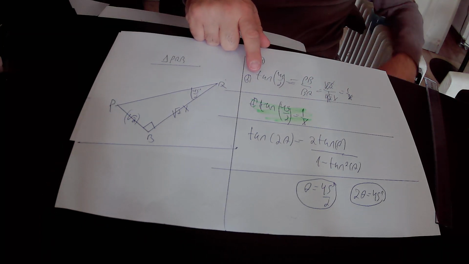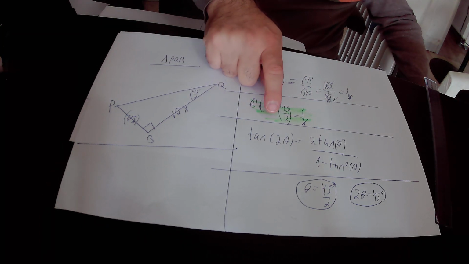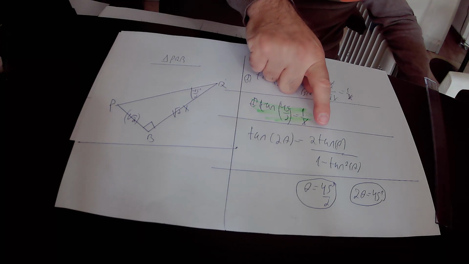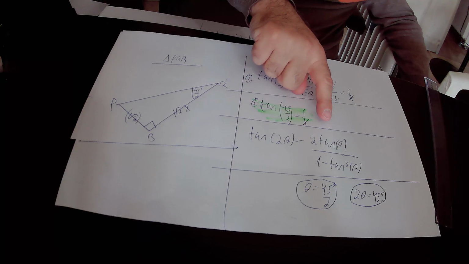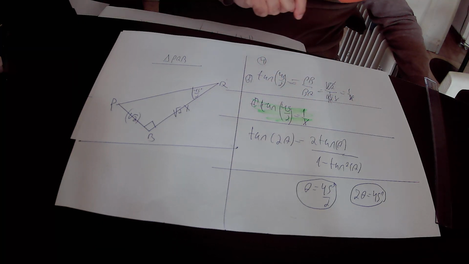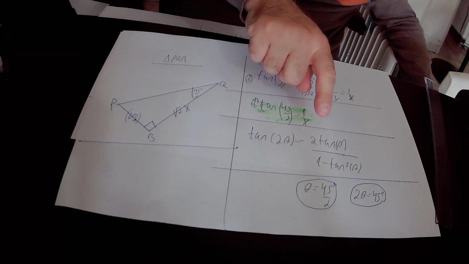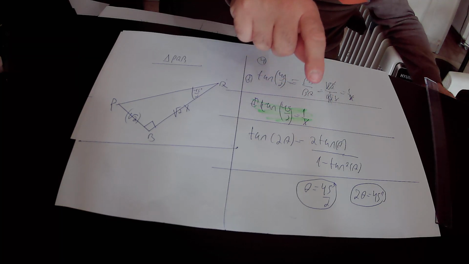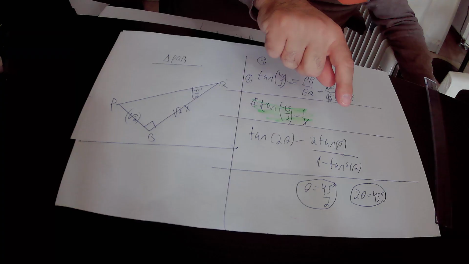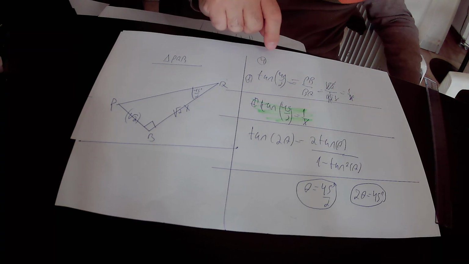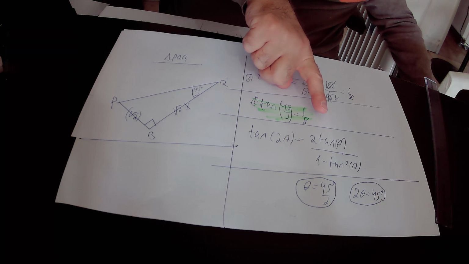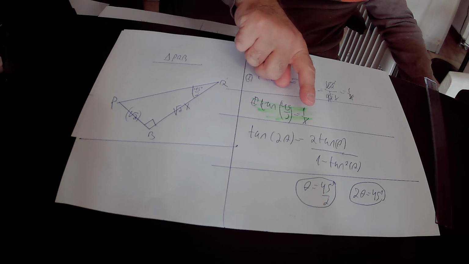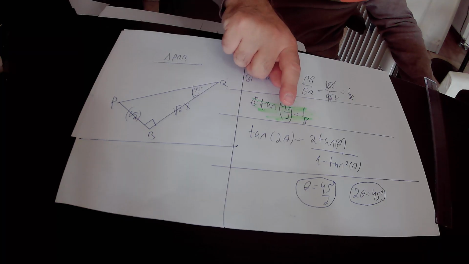And we have the trigonometric identity that tangent 2 alpha equals 2 tangent alpha over 1 minus tangent square alpha. Again, tangent 2 theta equals 2 tangent theta over 1 minus tangent square theta. Here we define theta as 45 over 2 degrees. If theta is 45 over 2 degrees, it means that 2 theta is 45 degrees. Then we substituted theta in this trigonometric identity by 45 over 2 degrees, and 2 theta by 45 degrees, and we found out that